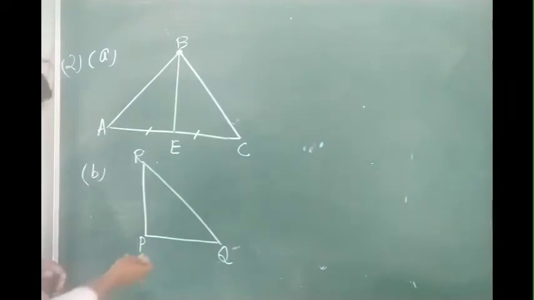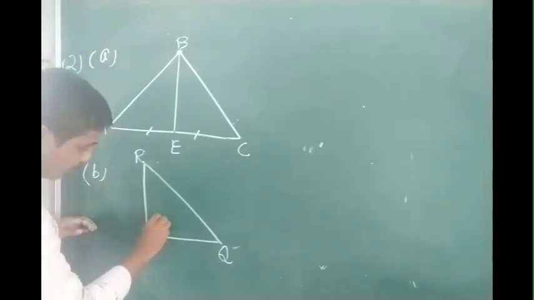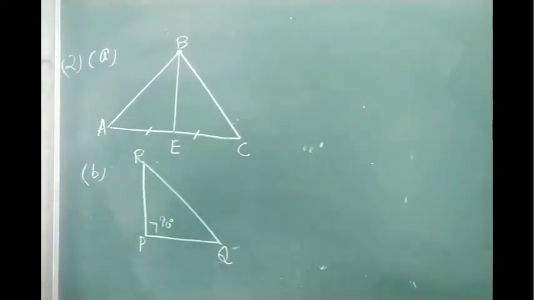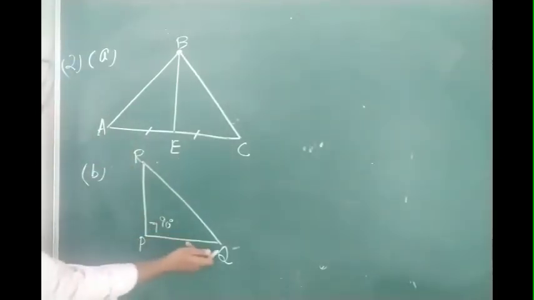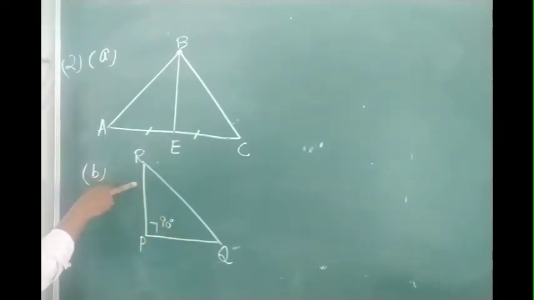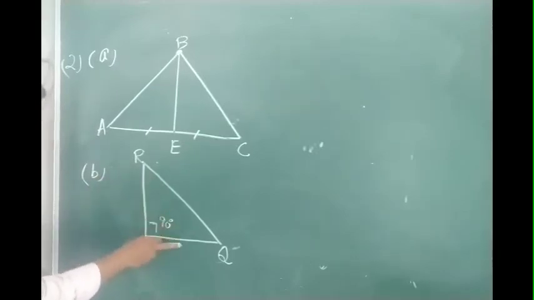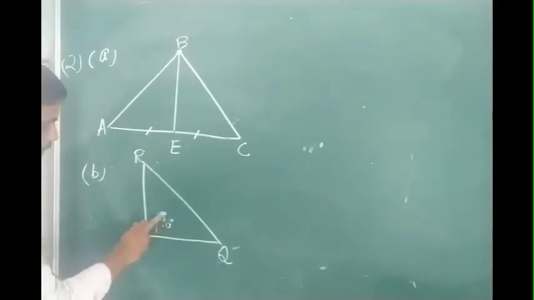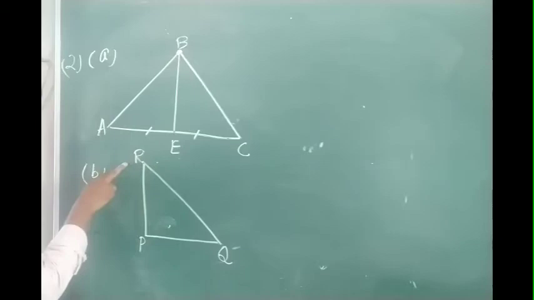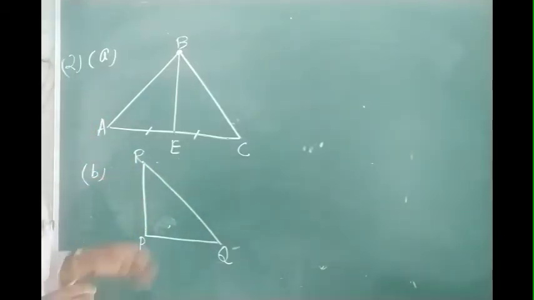Now you see this PQ line. This PQ line on the side PR is forming an angle. What do you see? It is forming an angle of 90 degree. Is it perpendicular? Similarly, you see this PR line. This PR line is also perpendicular to the line PQ. That means PQ is perpendicular to the line PR, and PR is perpendicular to the line PQ. Therefore, we can consider that PQ and PR are the altitudes of this triangle. So this we have done. Next we go to question number C.